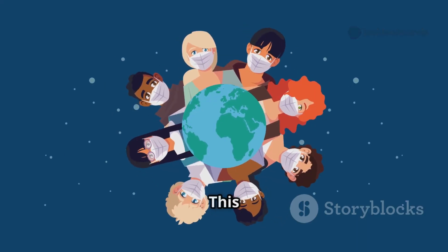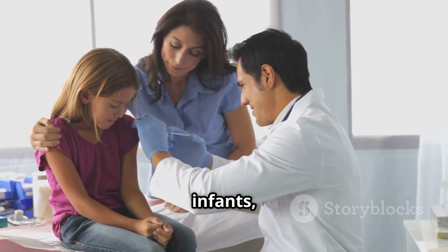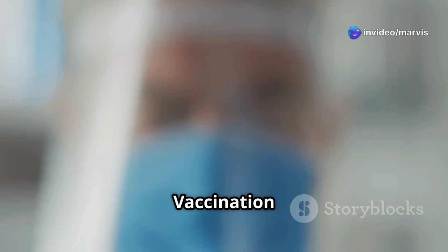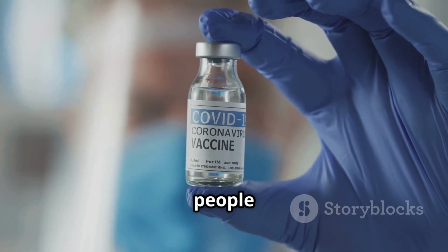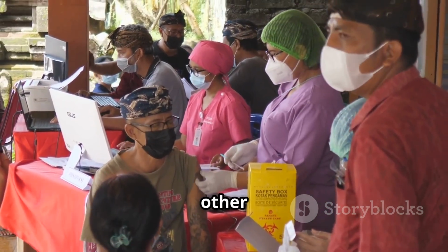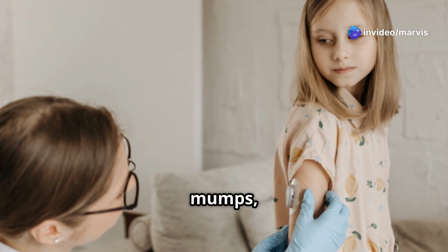This protection extends even to those who are not vaccinated, such as infants, pregnant women, or individuals with weakened immune systems. Vaccination programs have led to the eradication of smallpox, a devastating disease that once killed millions of people worldwide. They have also significantly reduced the incidence of other serious diseases, such as polio, measles, mumps, rubella,